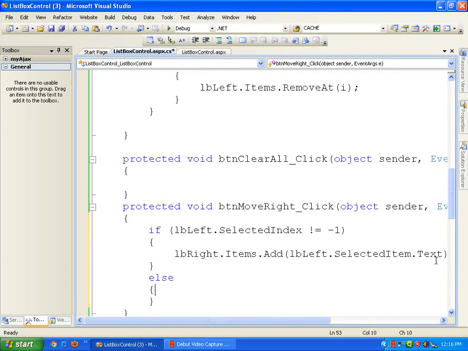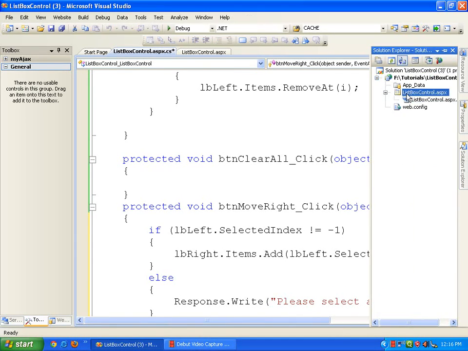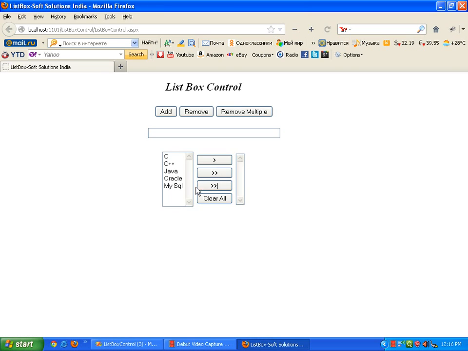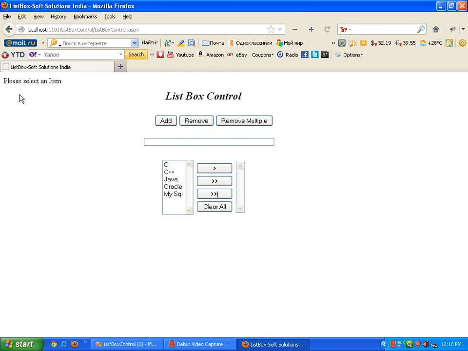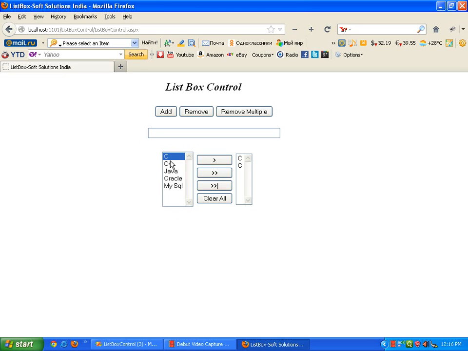Otherwise, we will display a message: Response.Write please select an item. Now you can see it is giving a message that please select an item, and when we select an item it will get added.